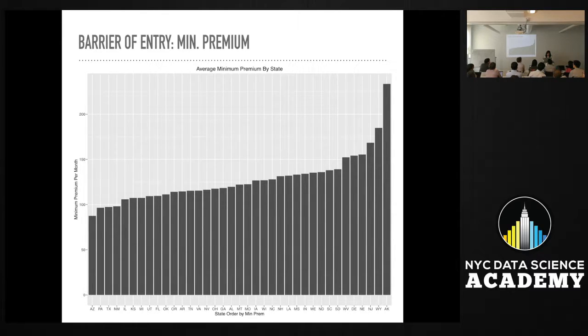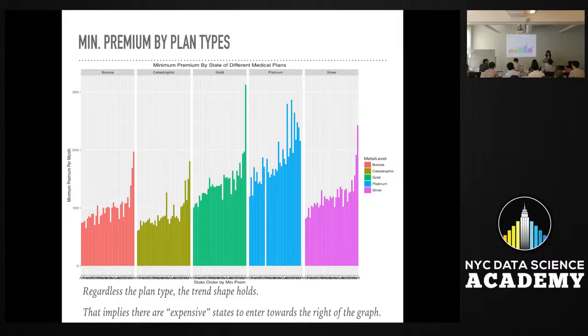So from this graph, I kind of ask myself, the lower average premium, is it because the premium is lower for every single plan they have, or is it because you have 5 different metal plans you can buy, or is it the combination of those plans that plays a role? Because you're using the minimum plan of one type times the number of plans available in that state. So here, I'm actually sacrificing the